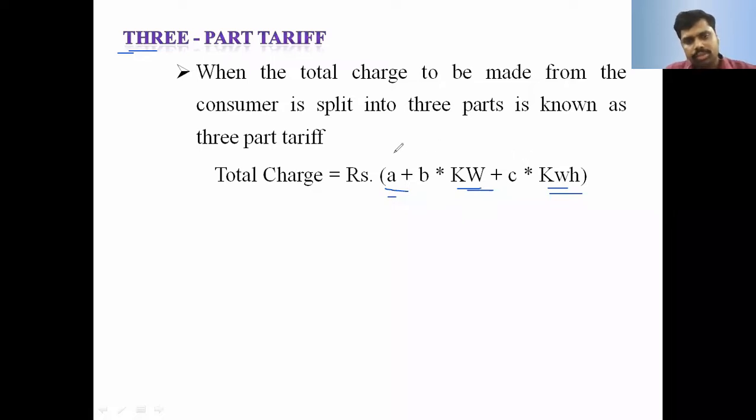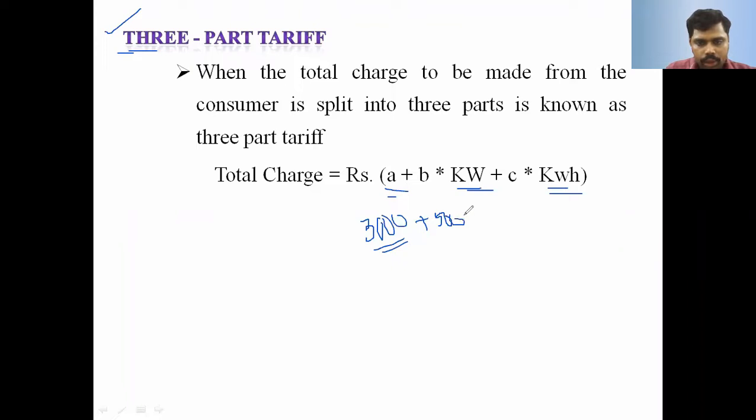The fixed charge means that whether the consumer utilizes the electricity or not, they are charged a certain amount, the fixed charge. This is also applicable only for the industrial consumer. Suppose the fixed charge per month is 3,000 rupees. Whether the consumer utilizes the electricity or not, they need to pay the fixed charge plus the maximum demand, for example 5,000 kilowatt, plus the number of units utilized. Say they utilized 2,000 units, at a per unit cost of 6 rupees.